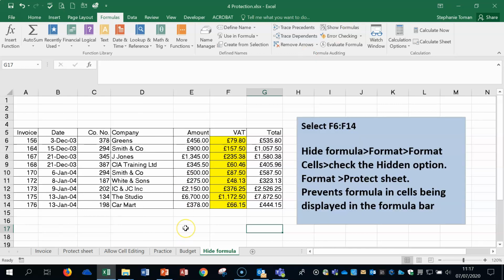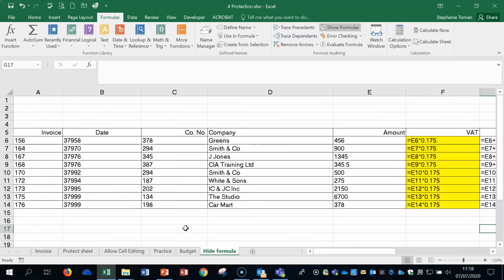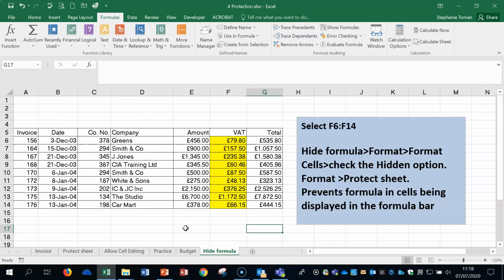However, for the exam, you do need to know that control key and the one above the tab. If you tap, it's got 3 symbols on it. We're using the little grave accent, one of them, and that will tab back and forth. So we know that there is formula in the back of these cells. We want to hide it. So if we highlight those cells,